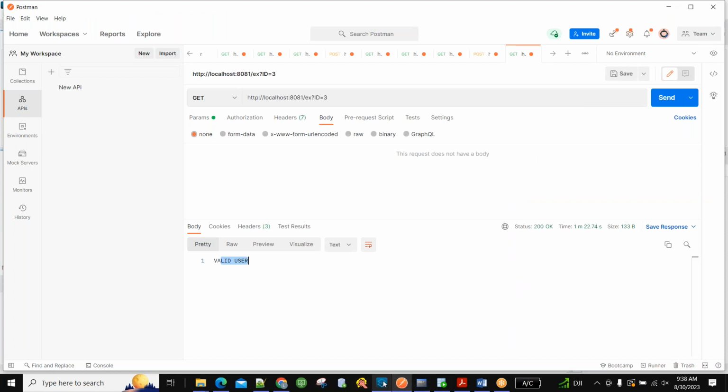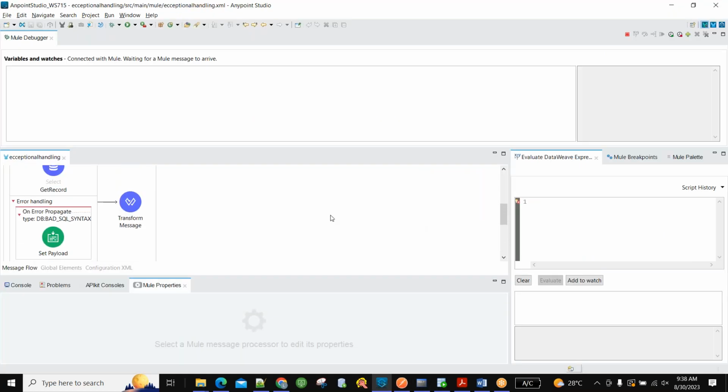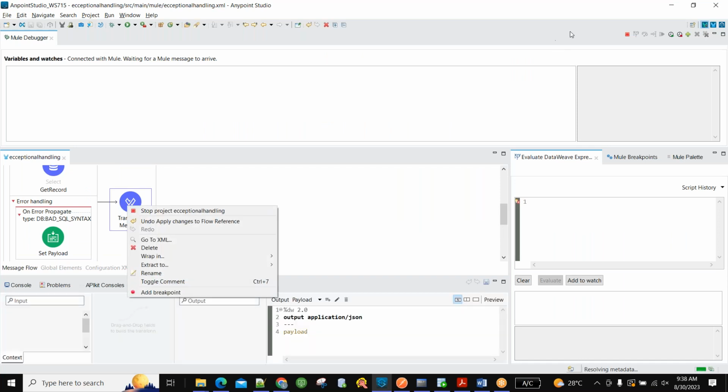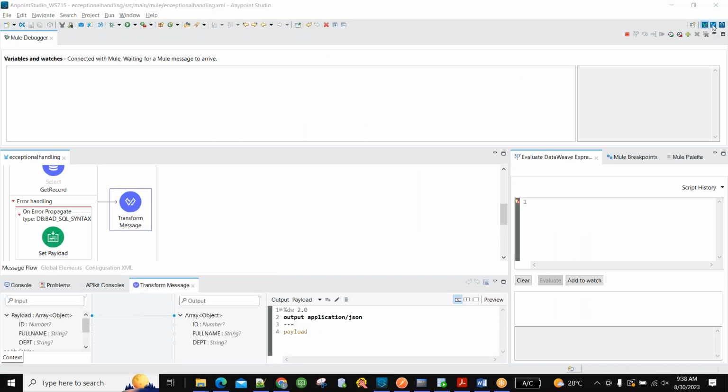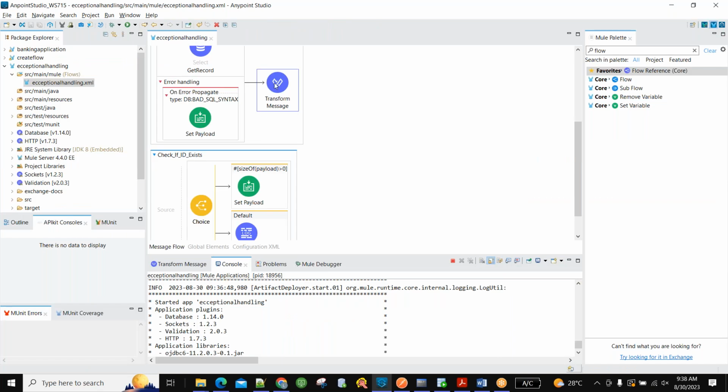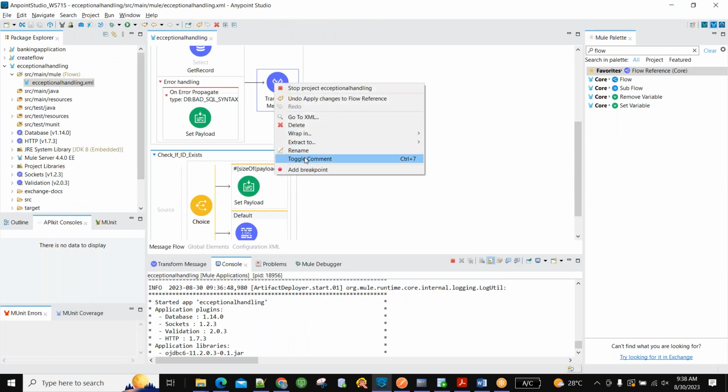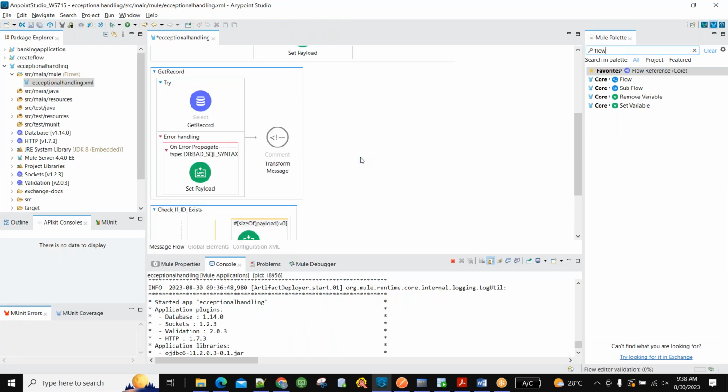So what I'll try to do, I don't want to confuse this. Okay, I will comment it. We can comment any type of code in Mule by right clicking the activity and just toggle comment. What happens? The code will go into comment. Comment means you are just removing that piece of code. Instead of deleting, I have commented it out. So I just want to check